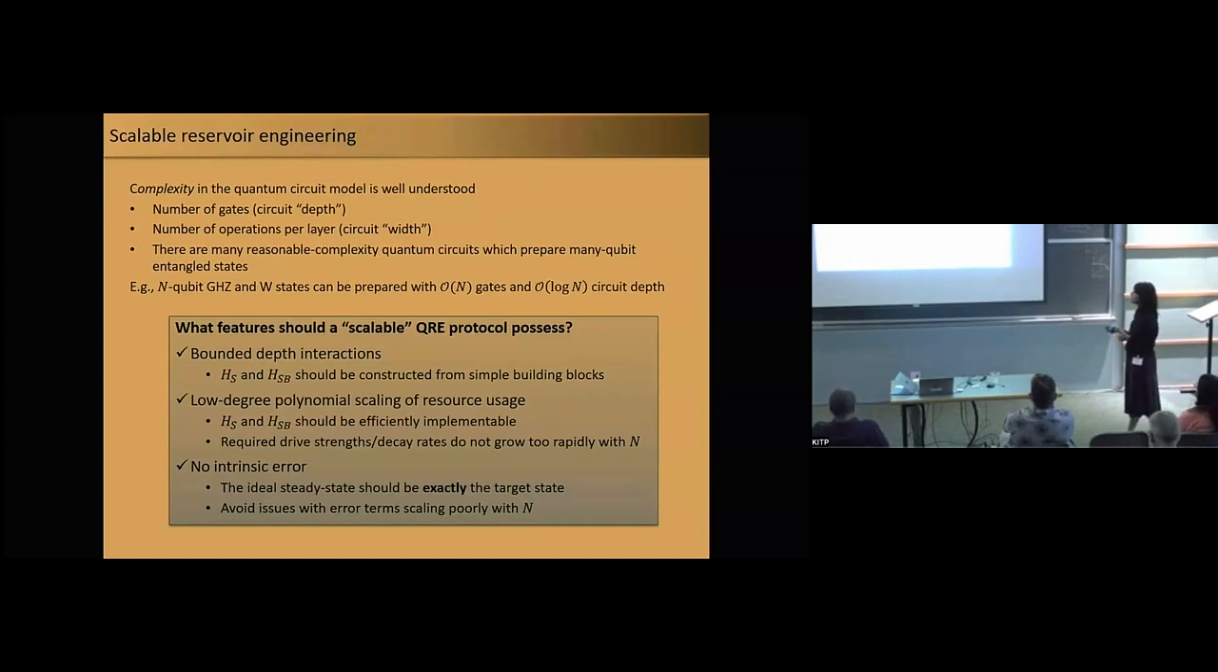size. And then the final idea is to actually stay true to this no intrinsic error, that the ideal steady state should exactly be my target state, because in fact it has been known that these intrinsic errors themselves can scale poorly with n, which essentially means that a protocol which is perturbative and works very well for 2 or 3 qubits may not work at all for 20 qubits, just because the intrinsic error itself has a system size dependence. So the best bet is to just get rid of it entirely, and that's what we are going to